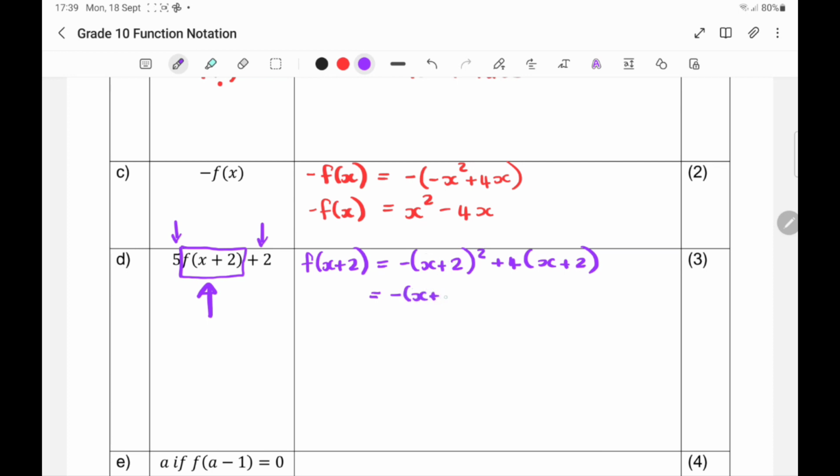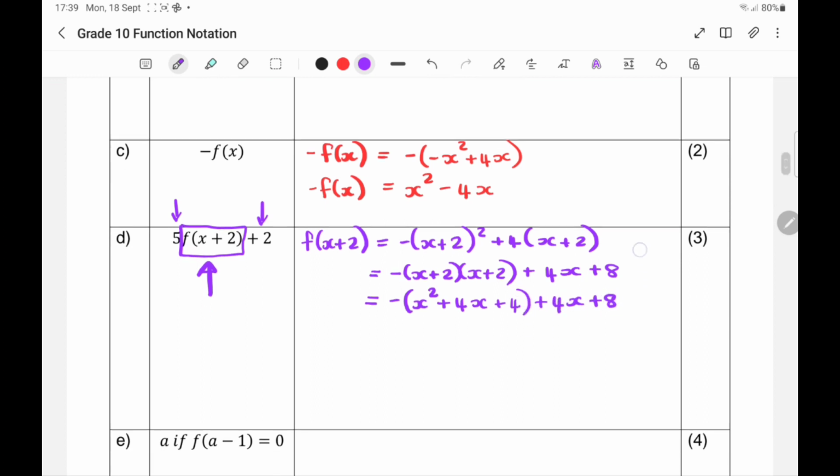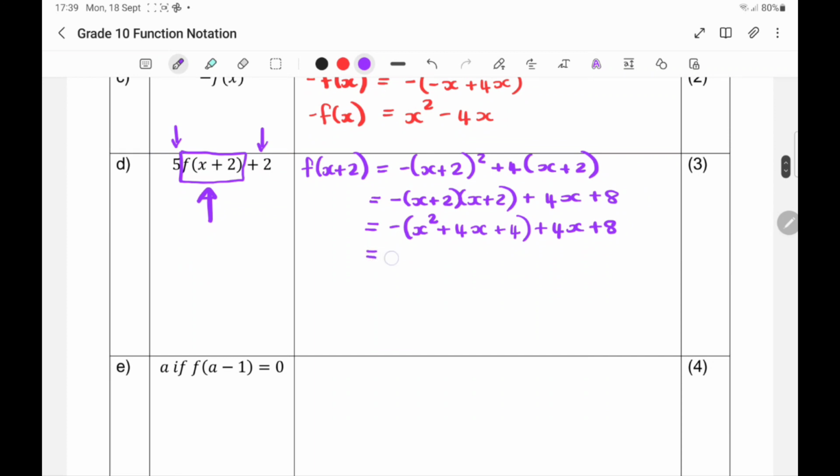You have to double up the bracket because there are 2 terms inside the bracket, plus 4x plus 8. Okay, and then I'm first going to FOIL out before I bring in the negative, which will give me x squared plus 2x plus another 2x is plus 4x, and plus 2 times 2 is 4, plus 4x plus 8. Now I can bring in my negative,